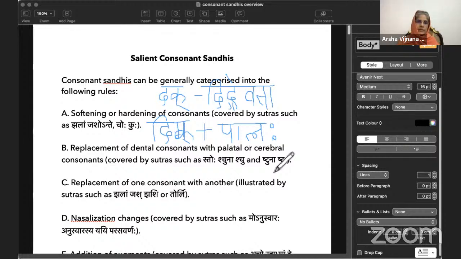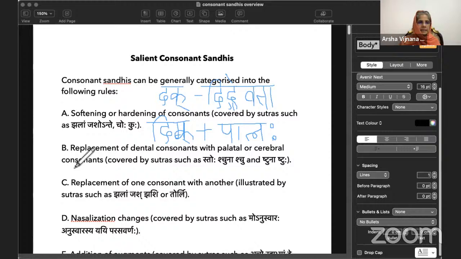The dental consonants for some reason cannot hold their own in the consonant sandhis at all. Depending on what follows, they get replaced either with the palatal consonants, so dental plus palatal will be replaced by palatal consonants, or dental followed by cerebral will be replaced by the cerebral consonants. Like, for example,